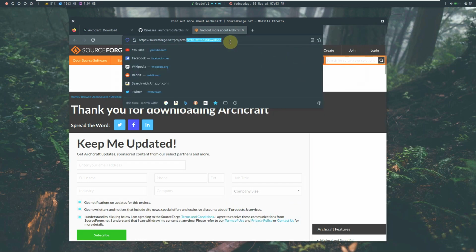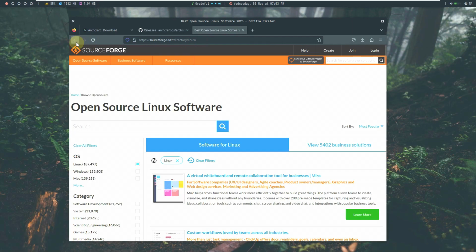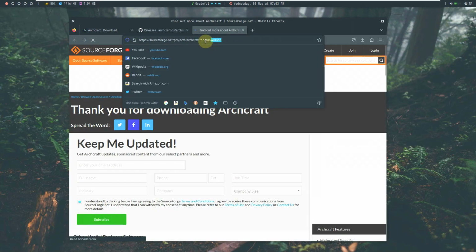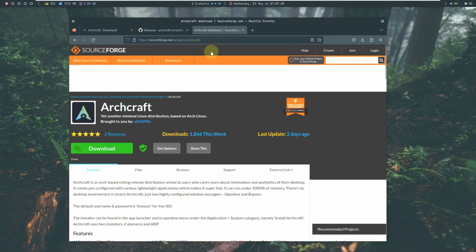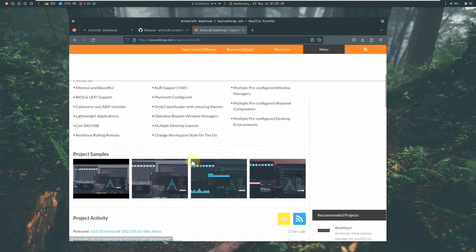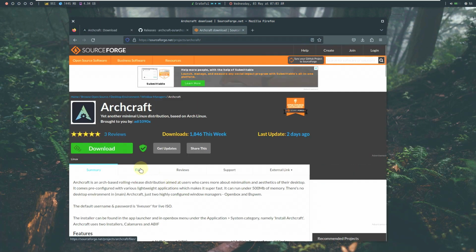So let's open the projects. I removed completely, so let's just open the Archcraft. So this is the URL to get into the source code. So here is the information. You can go through all the information. Let's go to the files,